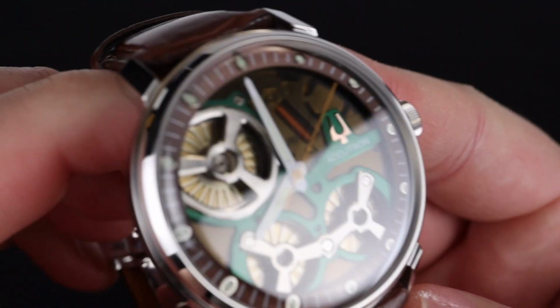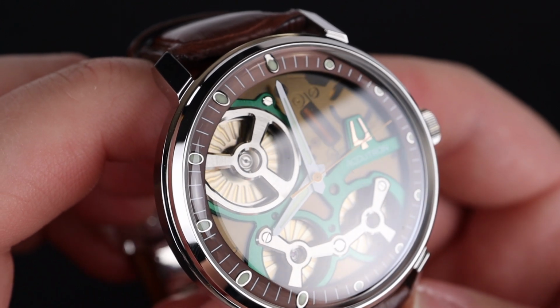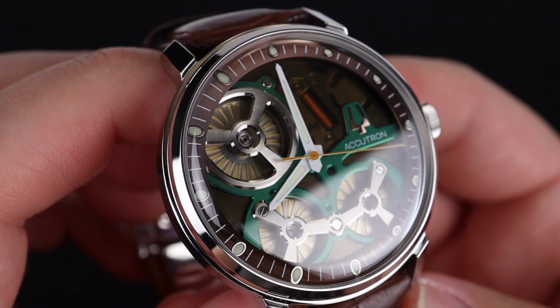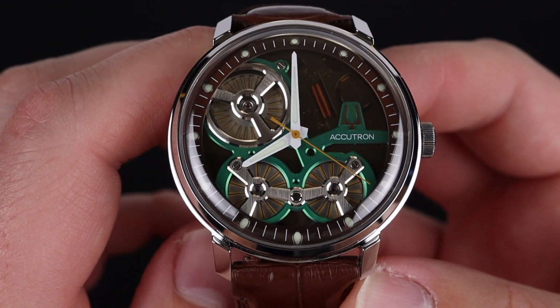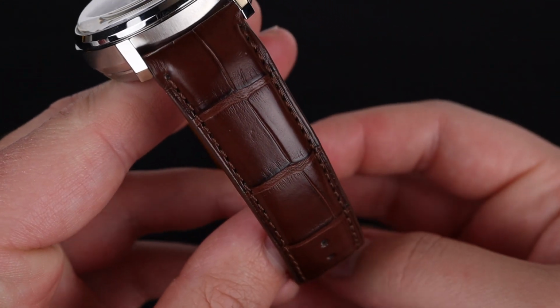Obviously, it gets a very smooth sweep of that bright orange seconds hand, but as you move the watch, you can see that the turbines that power the driving seconds and minutes will spin a little bit with the movement of your wrist. You'll love wearing this one on your wrist because it has a beautiful dark brown cigar color